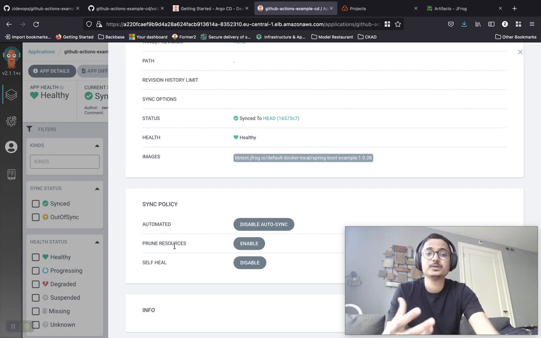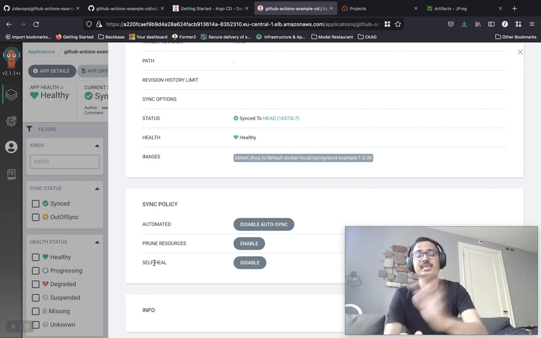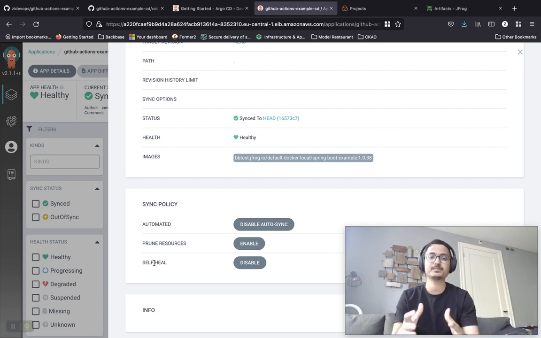So if suppose your syncing has some errors and so on, you can go ahead and enable prune resources. And over here, I have enabled self heal within the cluster, that if at all anyone goes ahead and modifies your cluster related configuration, Argo CD is going to be like, no, you can't do that. I'm going to automatically go ahead and sync whatever is there in the GitHub repo into my cluster as desired state configuration. So no one can manipulate anything in the cluster directly. Everything has to go through Argo CD. So I hope you guys get the idea that in these three paths that we studied in regards to CI plus CD, we saw some of these security best practices in play.